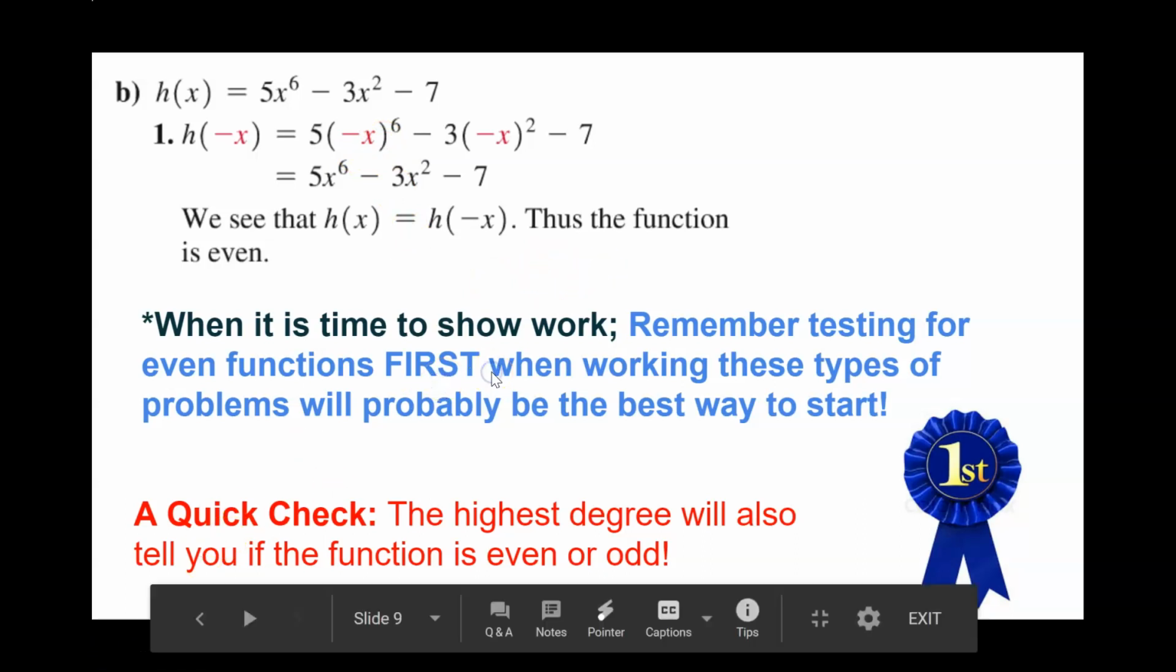So this will conclude section 2.4, and for this one here,